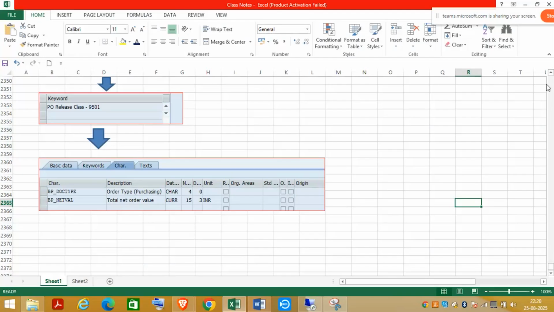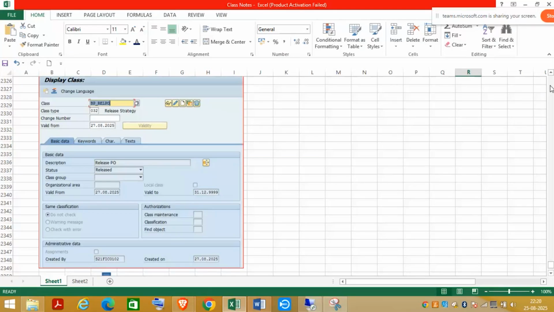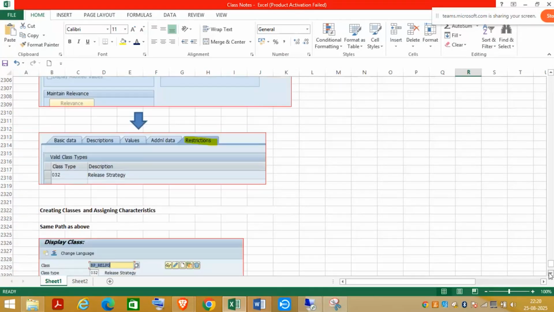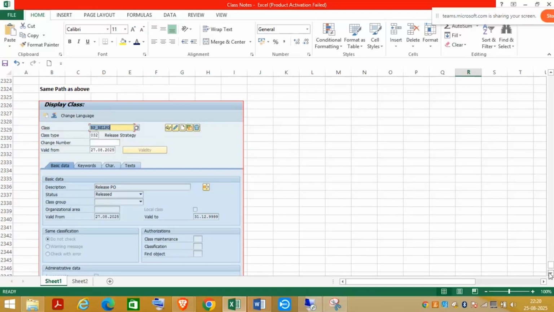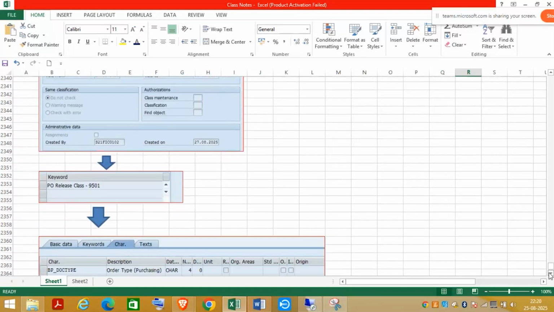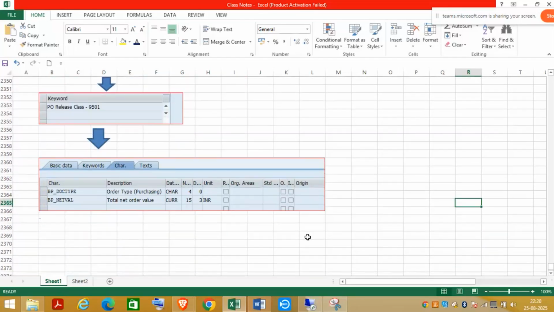Okay, so this is about the class. Once you create the characteristics, then you mention the class for the release strategy. First, you have to create the characteristic for release strategy, and then you have to create the class for the release strategy. And then you have to assign them to each other. Okay, next is